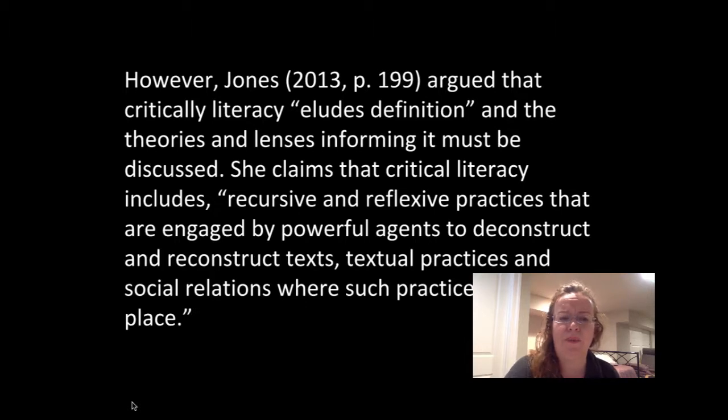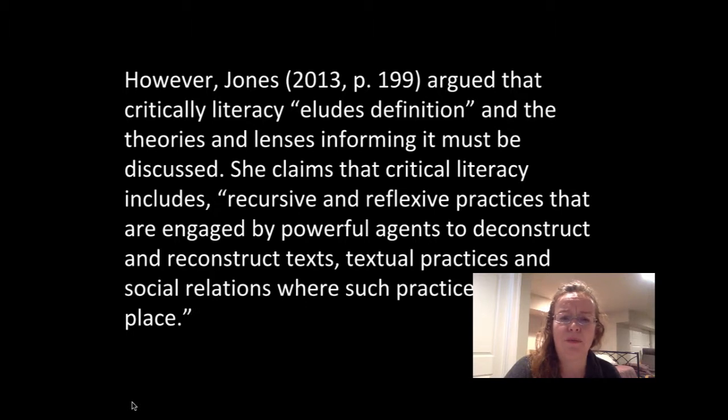Let's look at another quote by Stephanie Jones. She argued that critical literacy eludes definition and that the theories and lenses informing it must be discussed. She claims that critical literacy includes recursive and reflexive practices that are engaged by powerful agents to deconstruct and reconstruct text, textual practices, and social relations where such practices take place. I want to go back to this